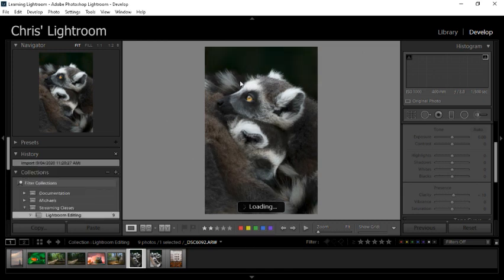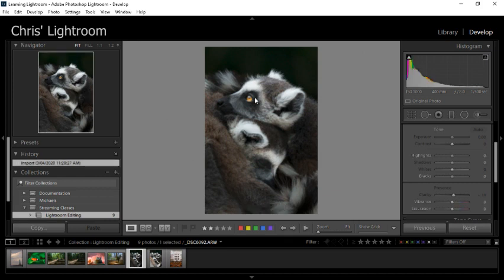This lemur at the top here was sitting there with its eyes half closed. I said to the lemur in my head, close your eyes. I don't want it in between, but you can't obviously tell a lemur to do that, so you've just got to wait for it. And so I was sitting there waiting and waiting and waiting with the camera in my hand, and you're getting leg cramps, the camera's getting heavy because you're using a big heavy lens, but